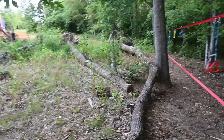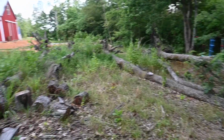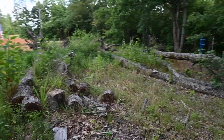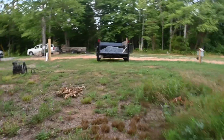And then the walnut trees are still something that we have to deal with. We think we're just going to end up cutting them up and stacking it to use for firewood because we can't seem to find anybody that wants to come and get them. So they're there. And then this has just a bunch of things in it that needs to be cleaned up. So then we come this way,